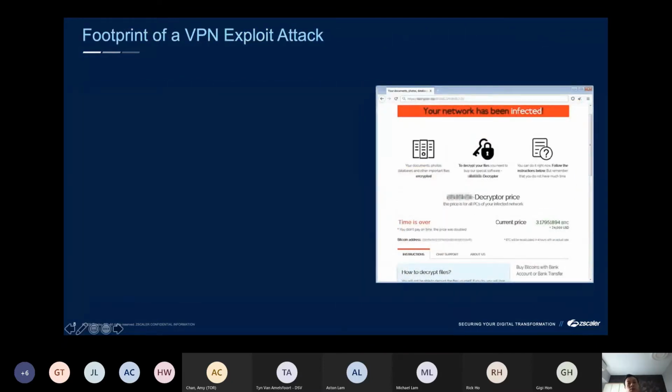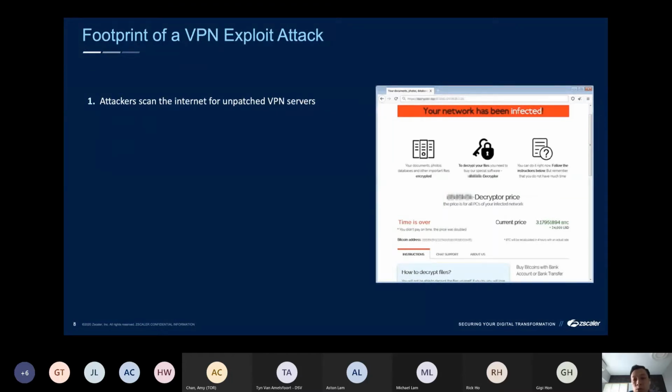So if you look into some of the popular VPN exploit attacks or techniques, we can see that hackers can leverage a lot of different stages or skills to compromise the VPN infrastructure of an enterprise. First, of course, like APTs in the past, they would try to look for unpatched VPN servers. They would also try to look for zero-day vulnerabilities of VPN solutions.